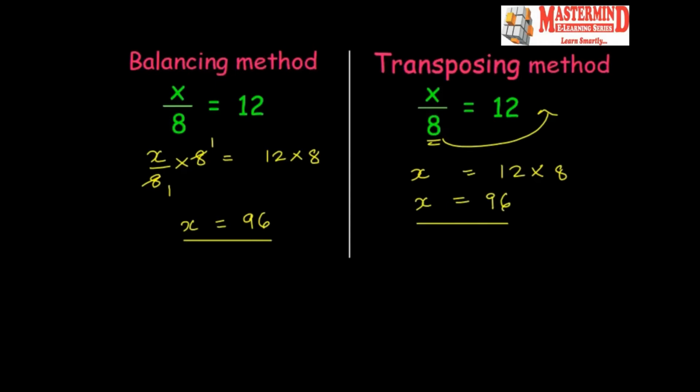So I have shown you how to solve an equation when the number is added to x or subtracted from x or multiplied or divided by x. Now supposing you have a mixed operation like this. Now I'll show you one more sum. If you have a sum like this, say 2x plus 5 is equal to 10. Here x has got two things over here, which means you'll have to get rid of this 5 also, and you'll have to get rid of this 2 also.